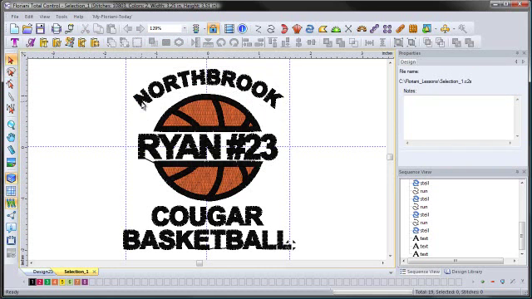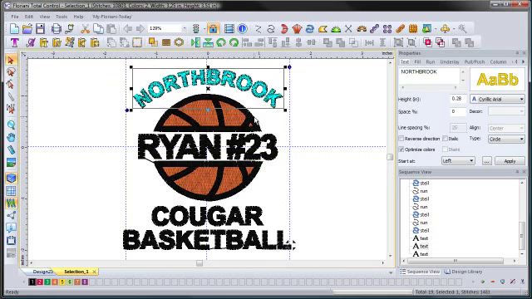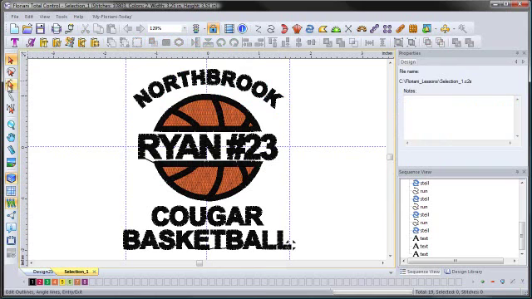See how I right clicked and it didn't select because I cut the corner right there. So when you're using the lasso selection tool, you have to go all the way around without cutting any corners, because it's only going to select objects that fall within that area. So I can come in here and go all the way around this object. Even though I went over part of here, I didn't select the entire basketball, so it still only selected all of the text. So you just have to play around with it to get to know how to use it a little bit better,